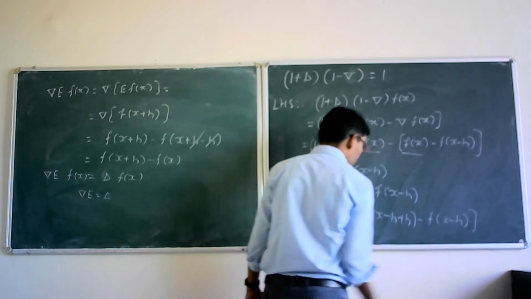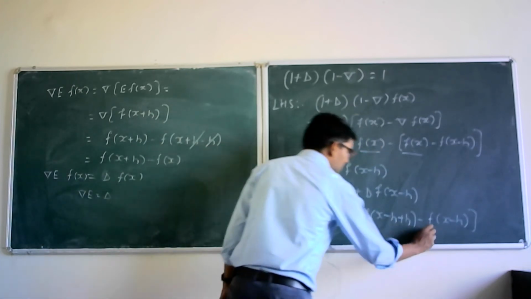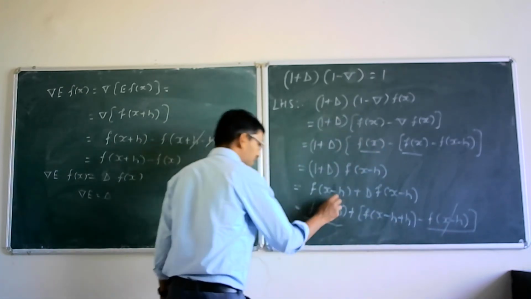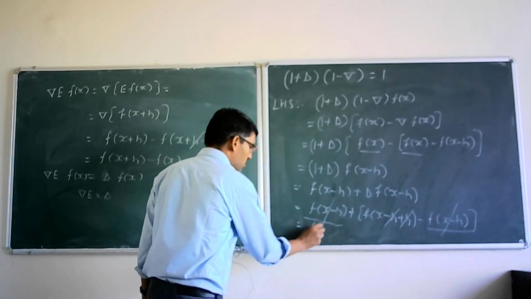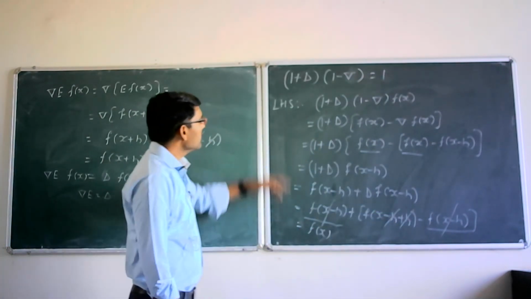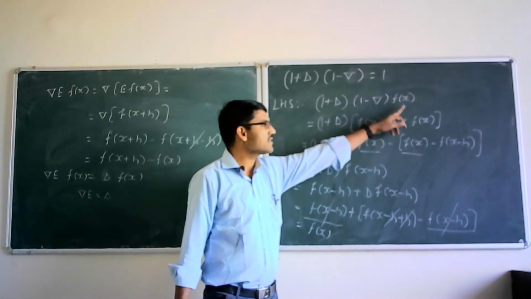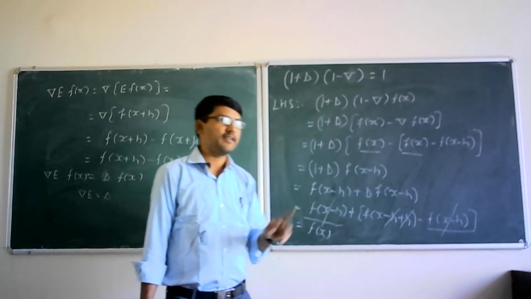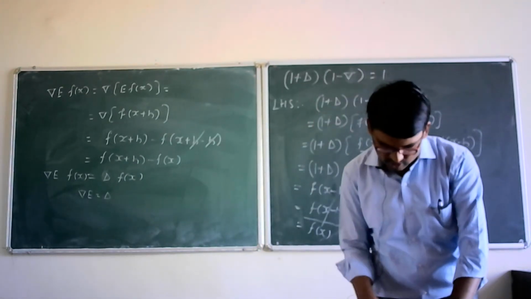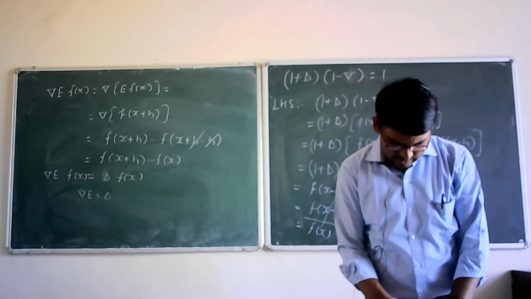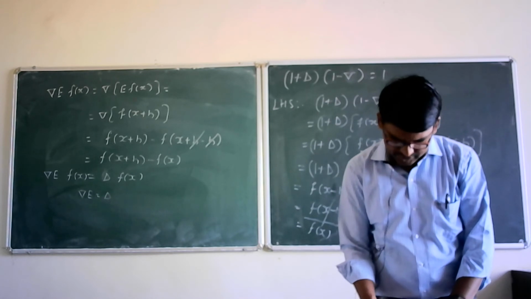So now if you observe, this plus f of x minus h and minus f of x minus h will get cancelled, and this plus h minus h will get cancelled here. It is equal to f of x. So if you observe, 1 plus delta 1 minus del f of x is equal to f of x, and therefore 1 plus delta 1 minus del is equal to 1. So these are some relations between